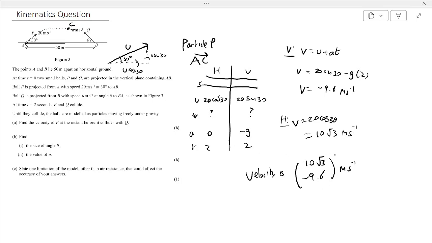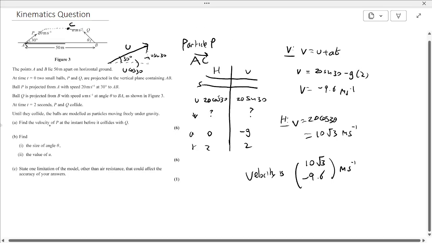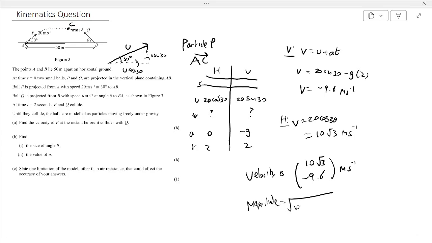I would say that you fully described a vector if you've just written it in components, but let's just pretend the question asked for the magnitude and direction, which I think, if that's in the mark scheme, it should really probably be asking you for that specifically. But yeah, the magnitude or the speed, you do your Pythagoras. Right. So this thing, and for the direction,